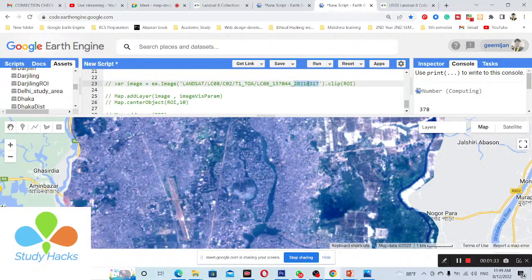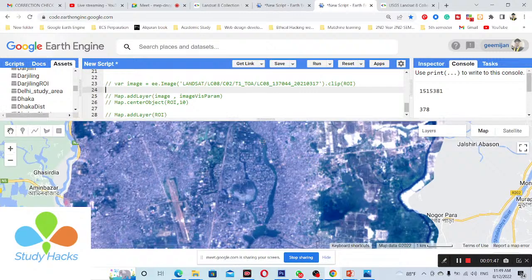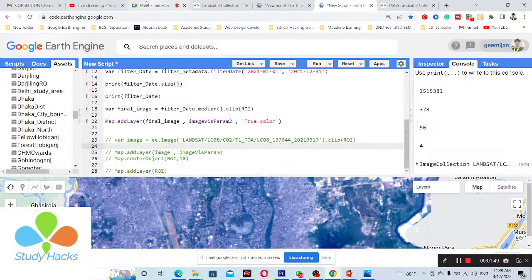You can see only for the year 2021, 17 March, this time image, how you can easily use. Okay, so if you need the median collection, you can use the median. If you want any single image collection, using the process, you can also do for this. Okay, so I hope you can easily understand about this. Any question you can ask me?